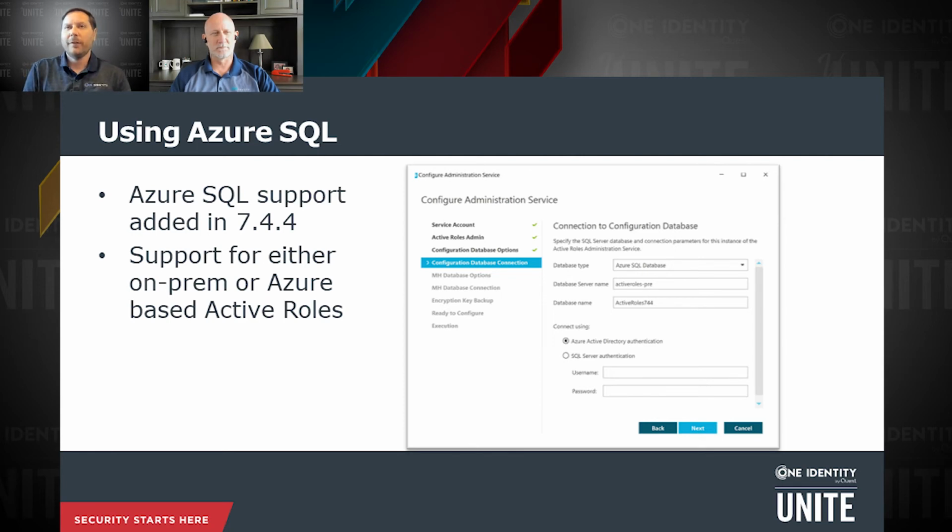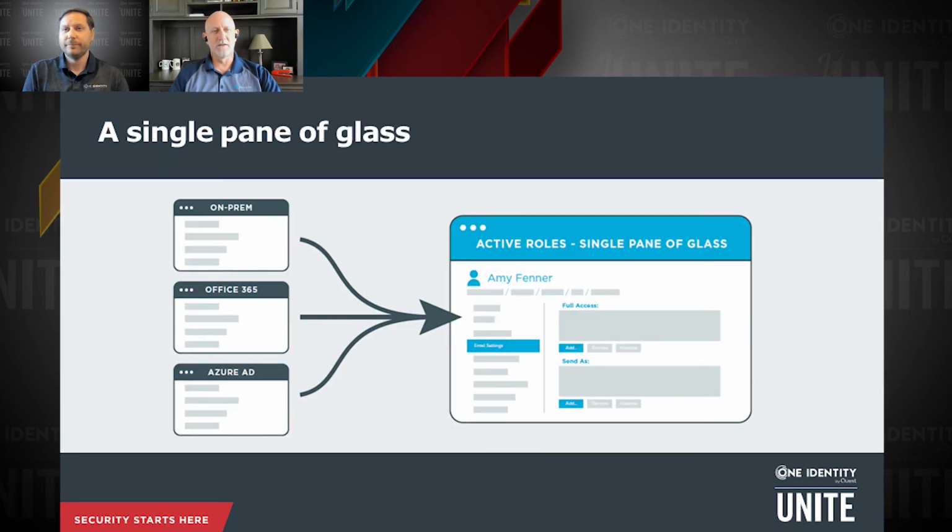Dan, you want to talk to us a little bit about the single pane of glass? Sure, Wayne. So this is the concept of allowing administrators to run multiple pieces from a single view. And this is going to be in the Active Roles web interface. So you'll be able to see, just like you did before, your on-prem Active Directory, whether that's a single or multiple Active Directories, but you'll also be able to see Office 365 and Azure AD in that single interface. With a few customizations, you can display attributes and give administrators capabilities that they would typically have had to go to 3 different interfaces to manage before. So that should make life a lot easier for the administrator that has to take care of multiple accounts in multiple locations.